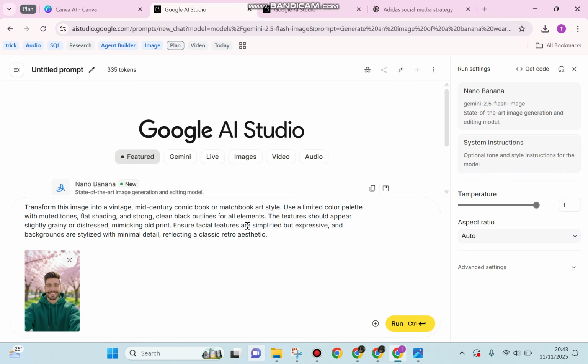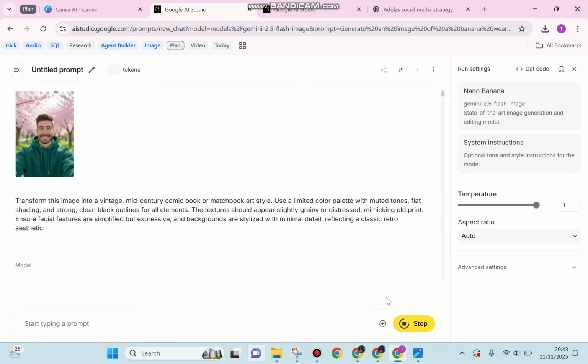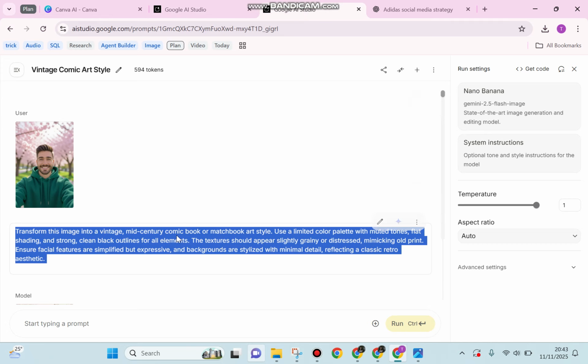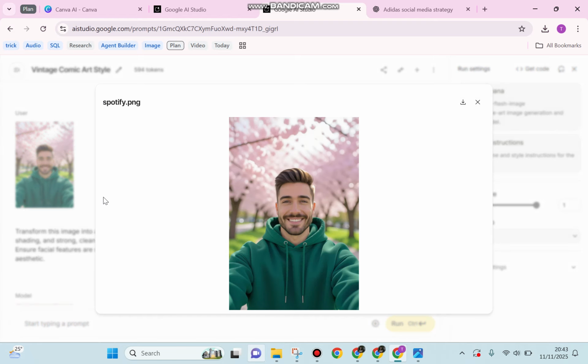So this will be the prompt we have, and if you would like to use this prompt, you can simply take a screenshot of it, or you can also copy it from the description box. After that, you can click run and kindly wait for the output down here. This is actually the same prompt that I used before to create this photo transformation